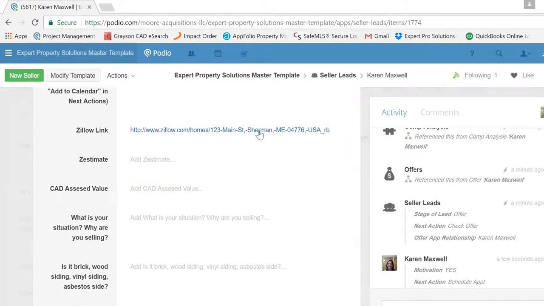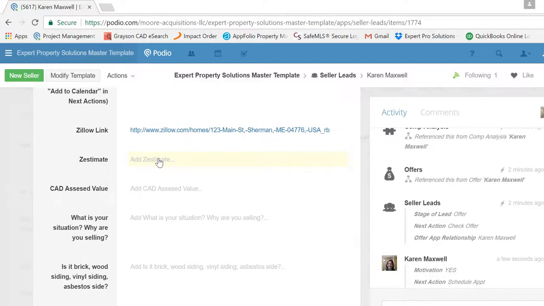It brings up the information. What I like to look at is the price history, so that I can see how much it last sold for, or if they've tried listing it and it didn't sell, they took it off and on the market, or they dropped the price quite a few times because they were asking retail. My assistant will then go in, whenever I click Make File, and look at the Zillow